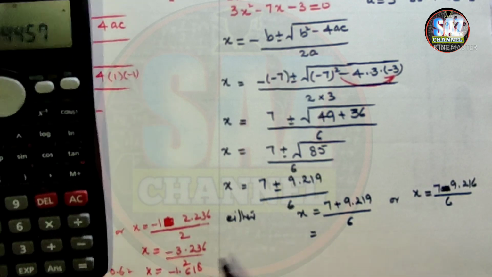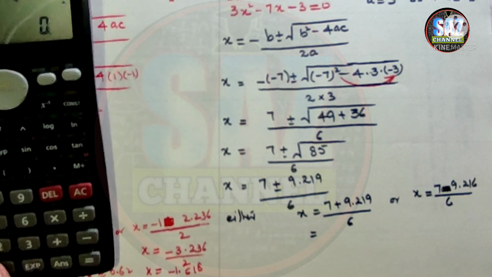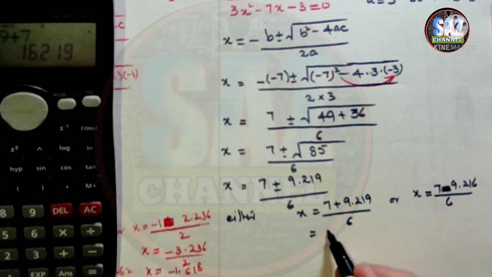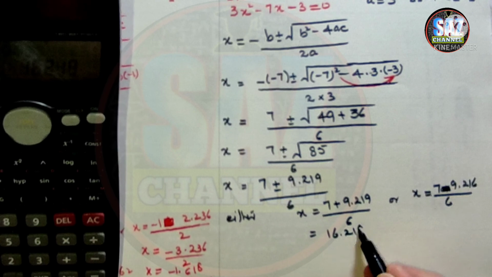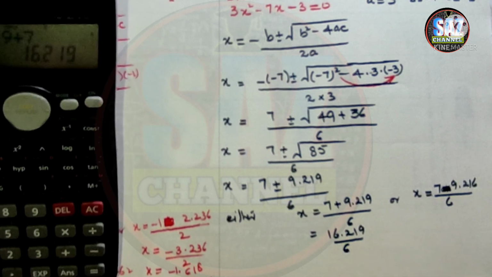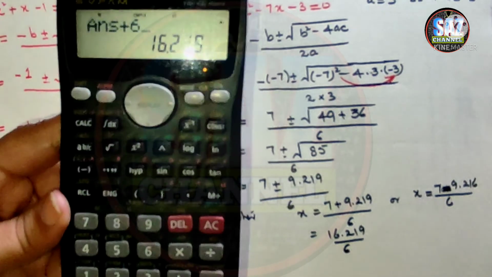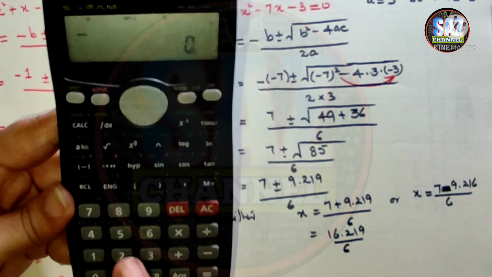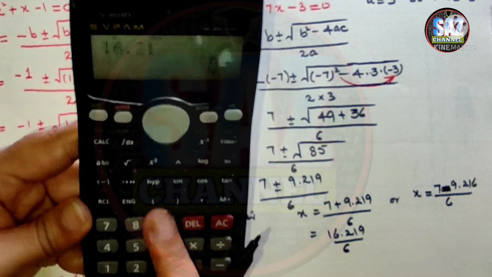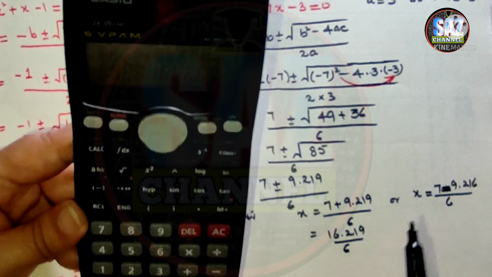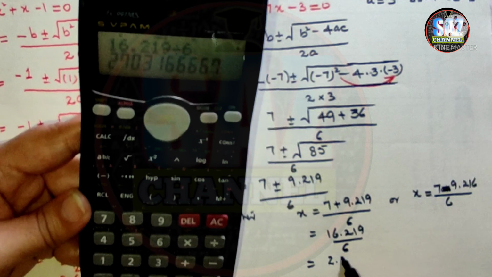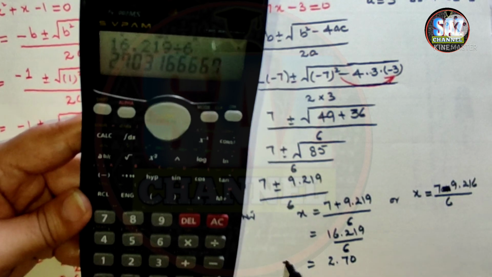Now what we have to do, 9.219 plus 7, that is 16.219 by 6, divided by 6, and this will give me, divide it by 6, 16.219 divided by 6, and this gives me 2.703, 2.70,